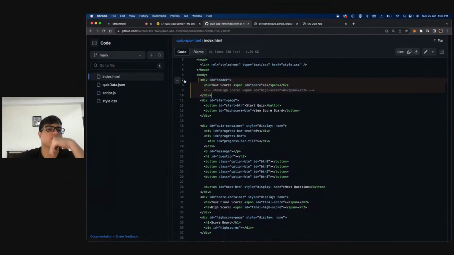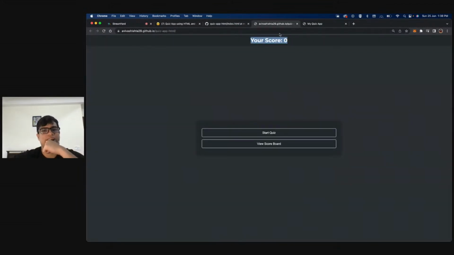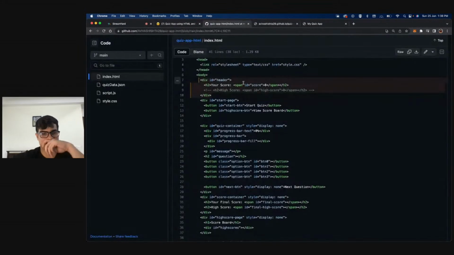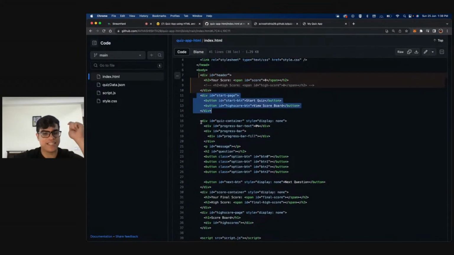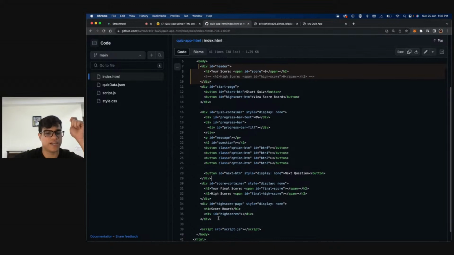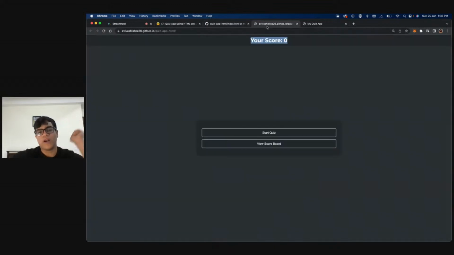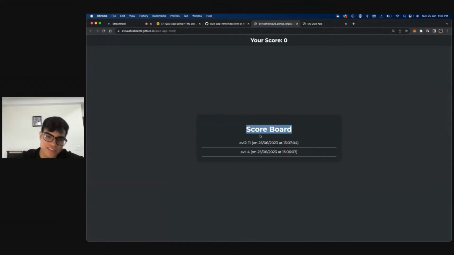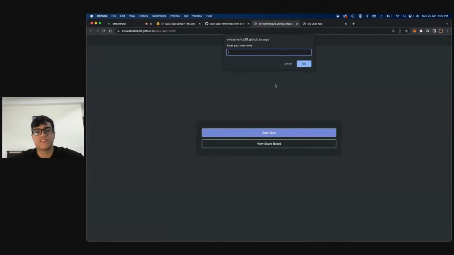The header is this part. Apart from the header, we have three things: the start page, the quiz container, and the score container. What is the start page? This div that we see on the screen right now is the starting div. What is the scoreboard? This is the scoreboard. What is the quiz div?